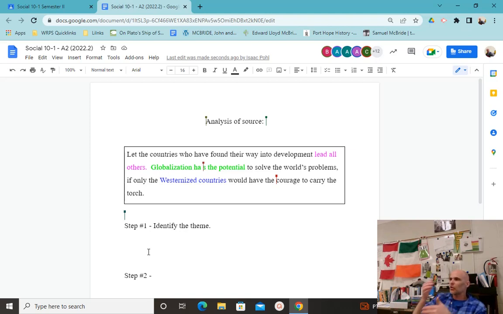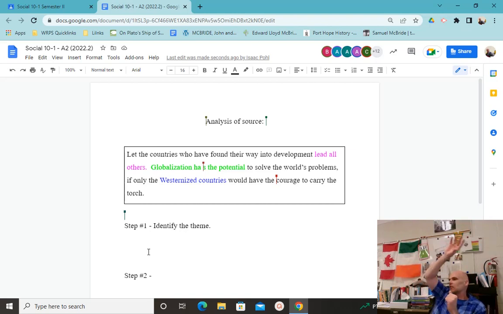But there still are world problems. The issues within the source are these world problems. Now, the language of world problems is quite vague, isn't it? So we might say that although the source announces that globalization is challenged by world problems, it's very vague in describing what these problems are. But we can infer that the source would include these things as the world problems.